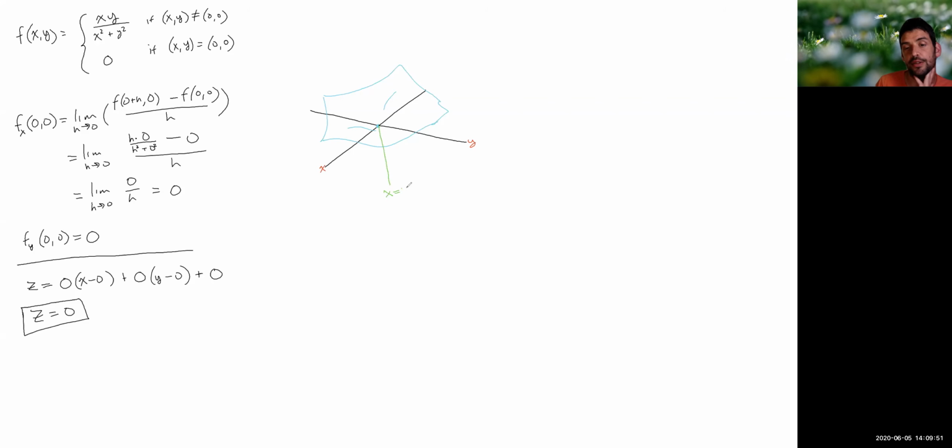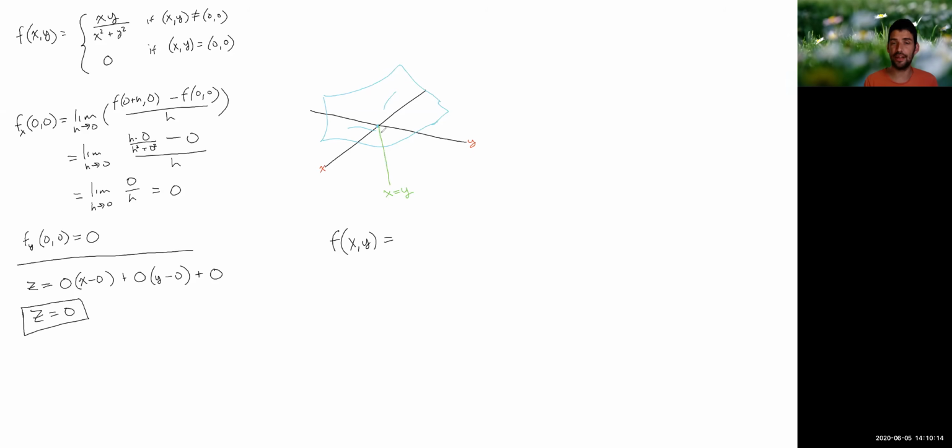And this is the line where all the points on this have the same x and y coordinates, okay? So if we put points along this line into our function, right? If every point in that line has the same x and y coordinate, in other words, x equals y,